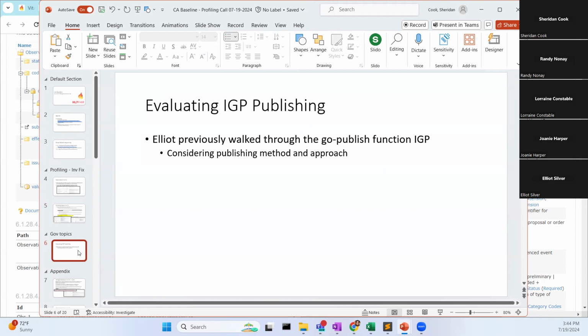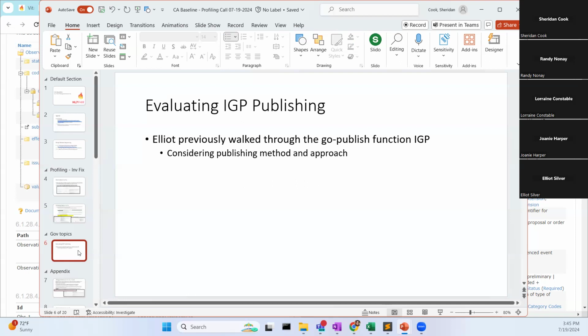But in transitioning to the next topic on the agenda, where we sit right now in prepping for 2.0 is we have an outstanding question: are we going to try to publish this through IG Publisher, or are we going to try to publish this through Simplifier? Current state is that we host our profiles in Simplifier. We have a project seat in Simplifier for the CA baseline, but we host our implementation guide essentially on a CI build, a non-published version, but using IGP.